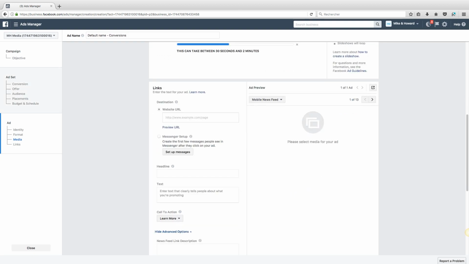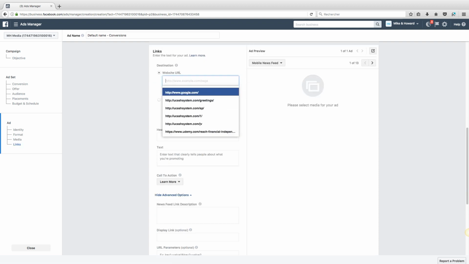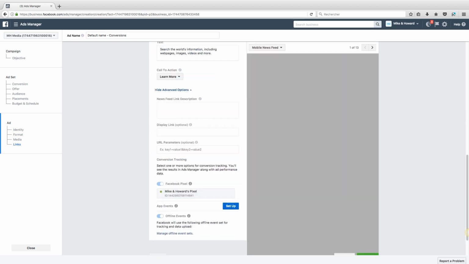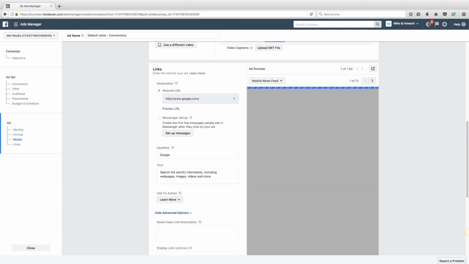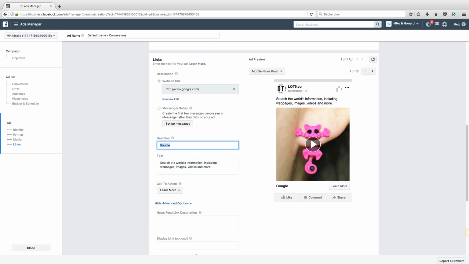As it's creating, you can already start focusing on the copy of your ad. So the website URL is going to be the landing page URL. This is of course an example, but that's what people are going to land on once they click the ad. Now the headline. Again, try to generate interest and try to tell people what they're getting already straight from the ad itself, right? So you could say